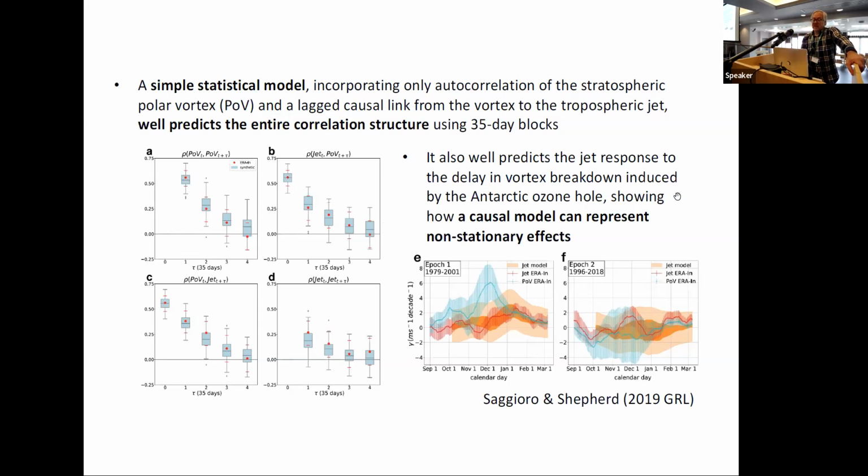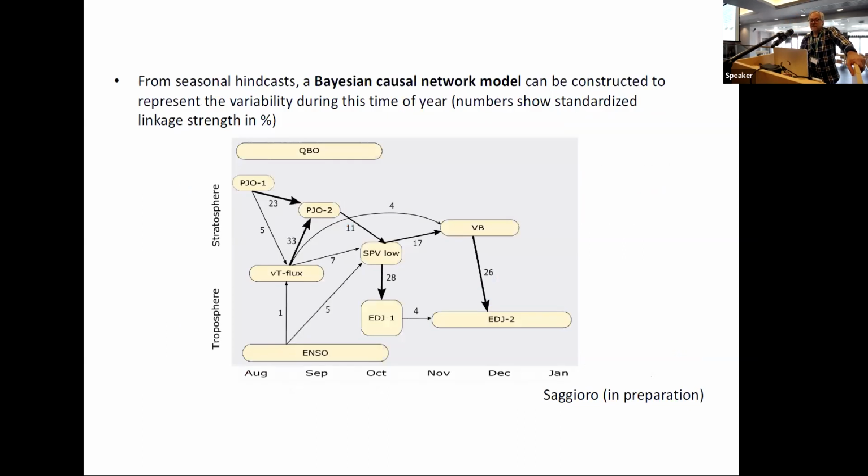And just to illustrate the non-stationary point, she used this model to predict how the ozone hole would affect the tropospheric jet in the period where the ozone hole was building and where it was decaying, and it seems to work. So you can apply a non-stationary forcing as long as the link is stationary. So what she's finally doing for the last part of her thesis, which is not quite finished, is develop a Bayesian causal network model to try to show the different causal factors. This is all from literature. Every link here is